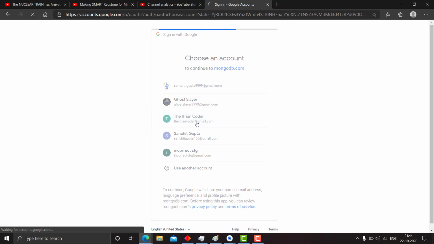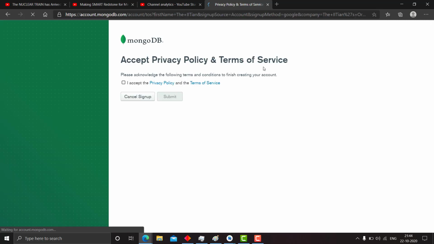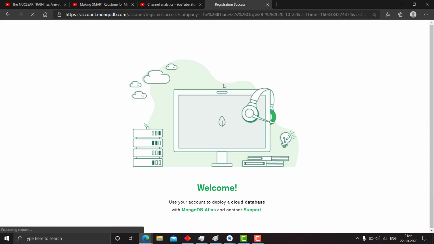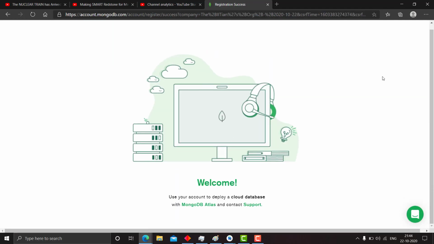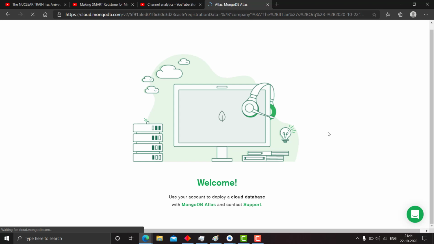Let's log in with our account. I'm doing this the first time from this account, so you can follow along with everything. Okay, accept it and click on submit. Our MongoDB account has been successfully made, and now we can use MongoDB as our backend and introduce Realm